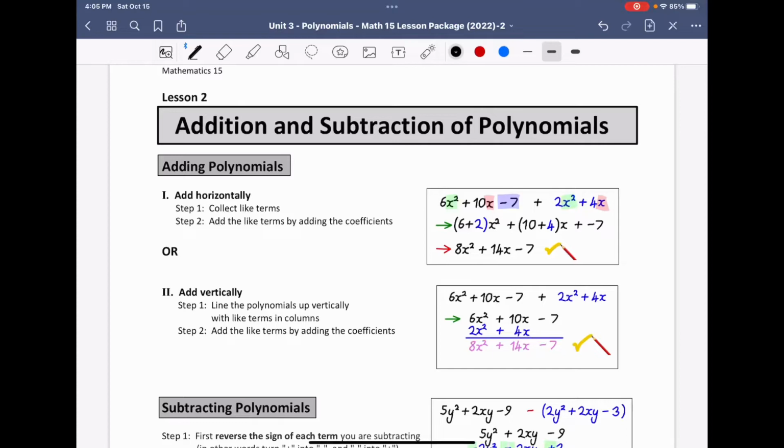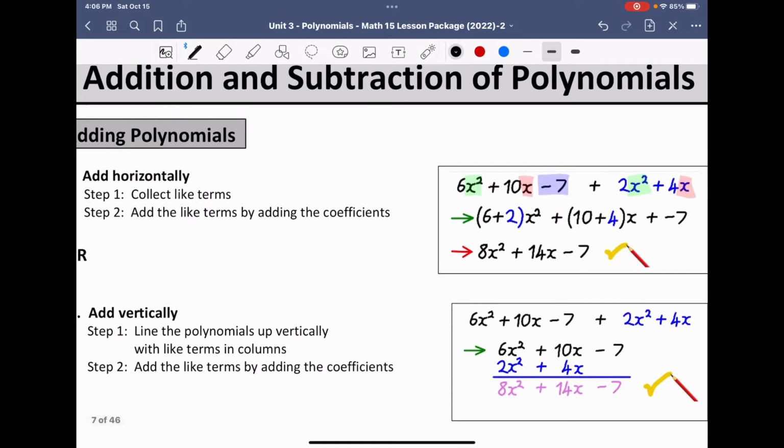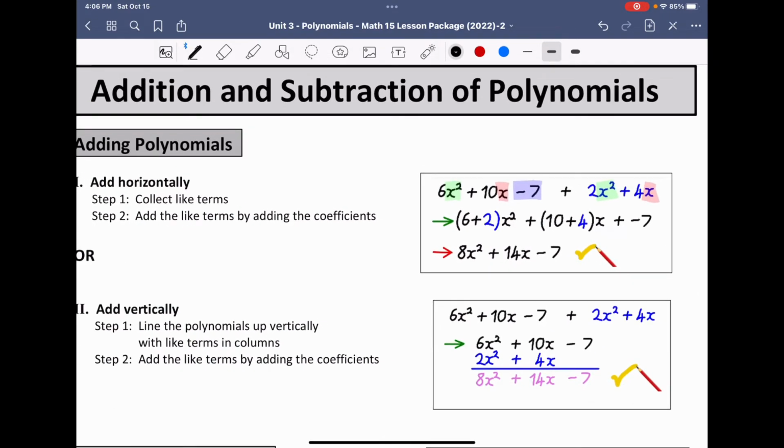All right, so now we are on lesson 2 of polynomials, and it is addition and subtraction of polynomials. So we're going to start with the addition of polynomials, and it can actually be done in a couple different ways here. So if I want to add horizontally, or take two different polynomials and add them horizontally, well, I'm